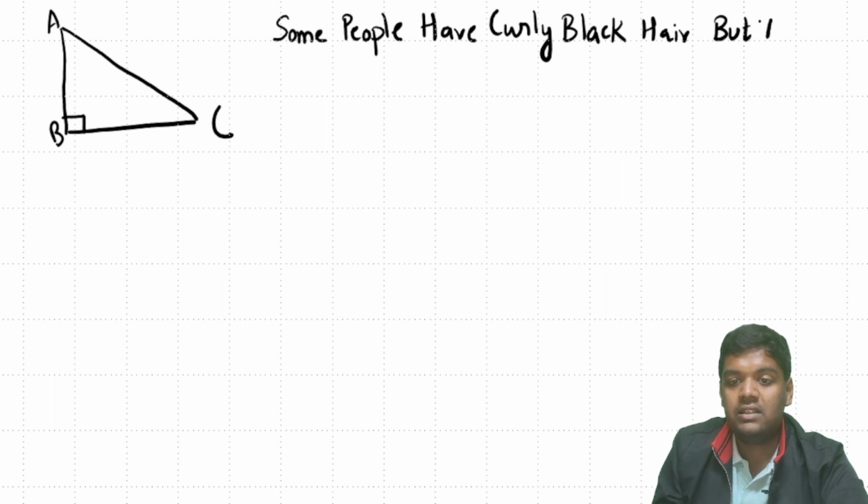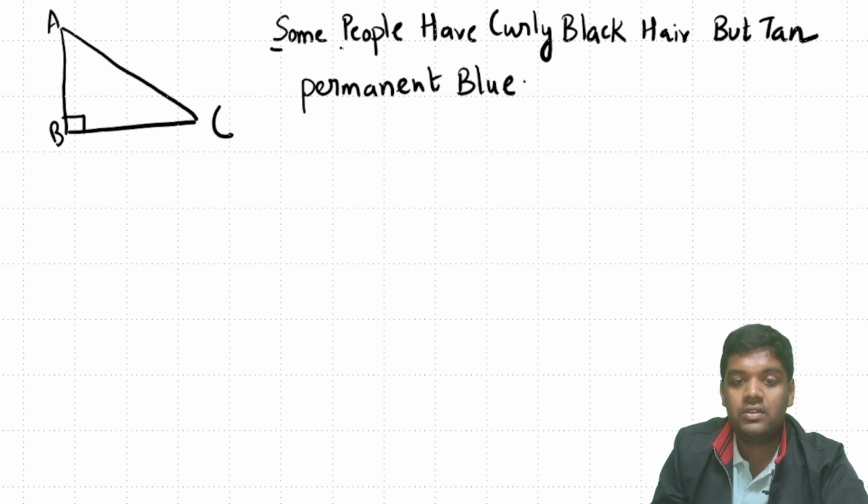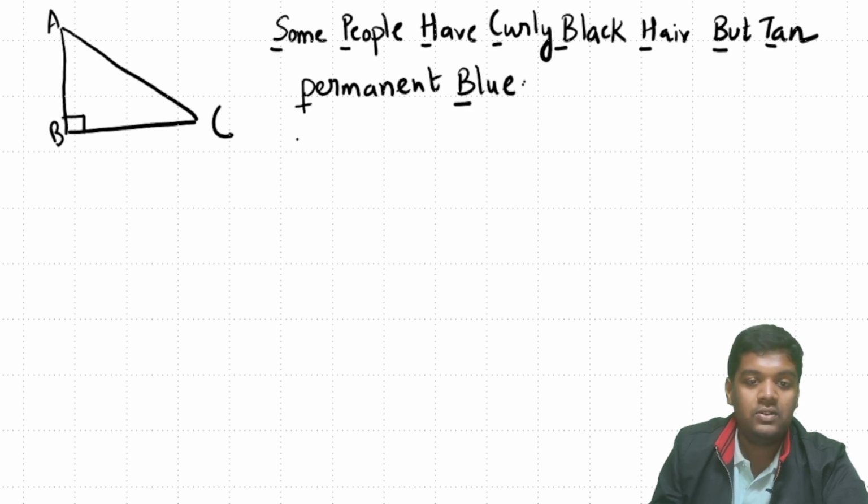but tan permanent blue, right? Just notice the first letter of each of the words. I'll come to why I wrote this line. So let's say this angle C is theta. Now we have